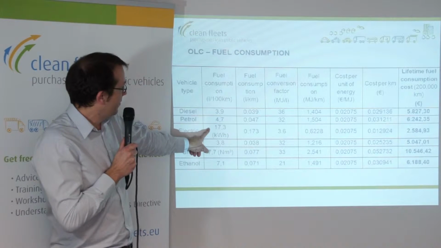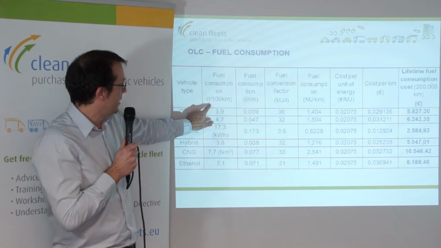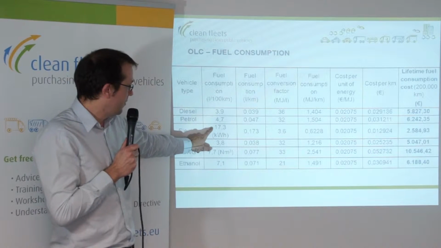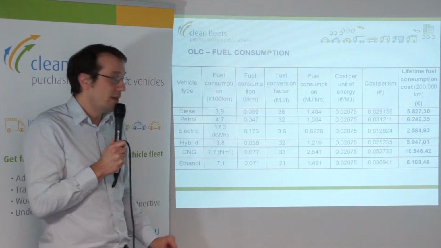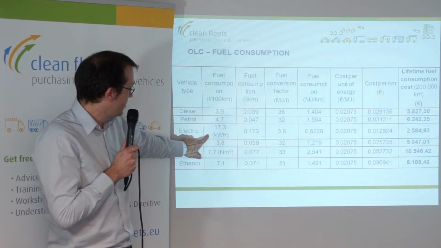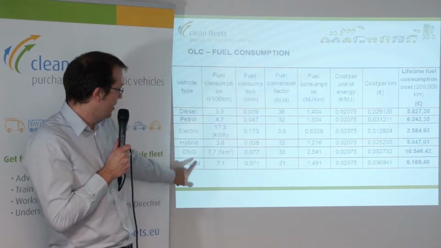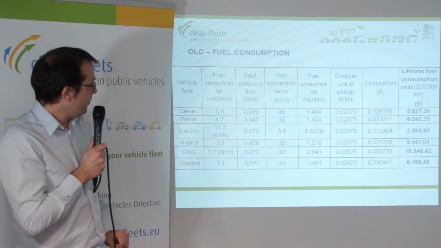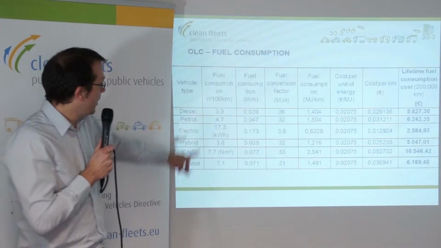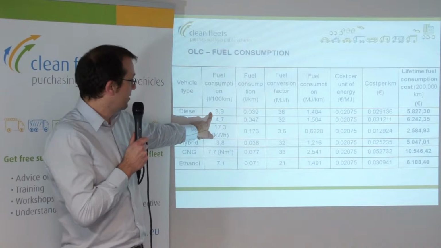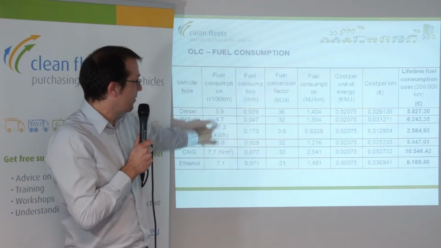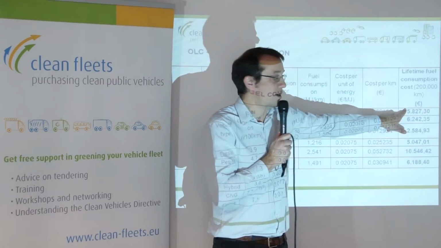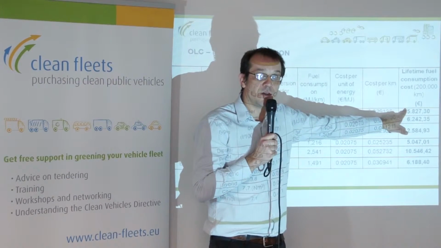The second column provides you with fuel consumption in litres per 100 kilometres, and this is data that you will receive from the vehicle manufacturer. As you can see, it's not always done in litres, but for electric vehicles in kilowatt hours, for CNG vehicles in cubic metres. So the key question here is how we get from the fuel consumption figures that are provided by the manufacturers to the final column, the actual lifetime fuel consumption cost